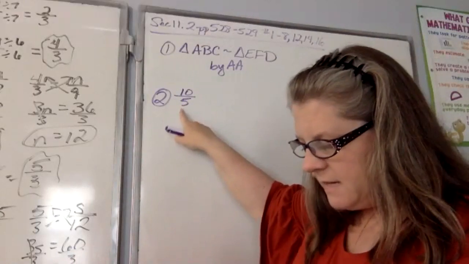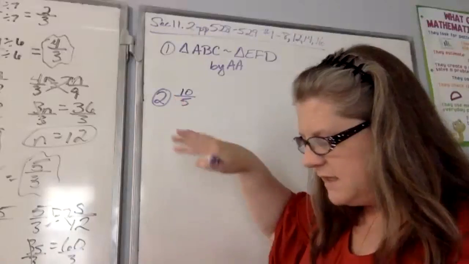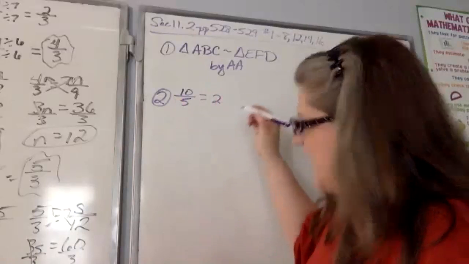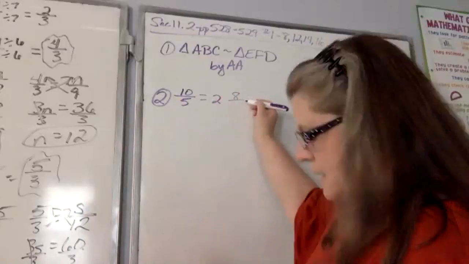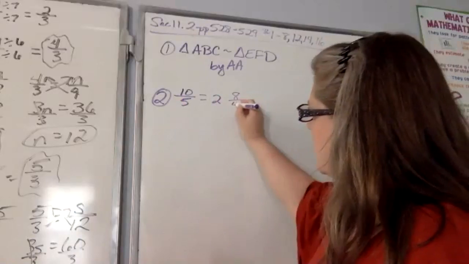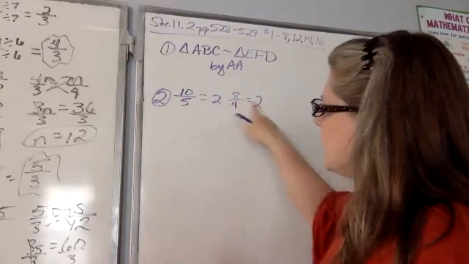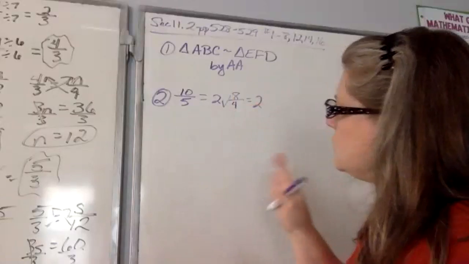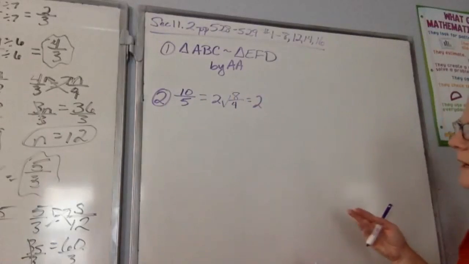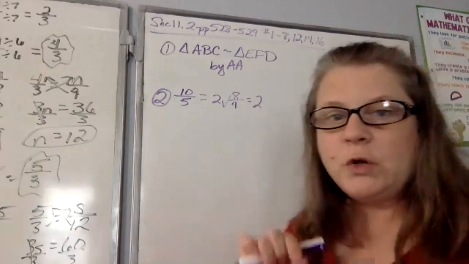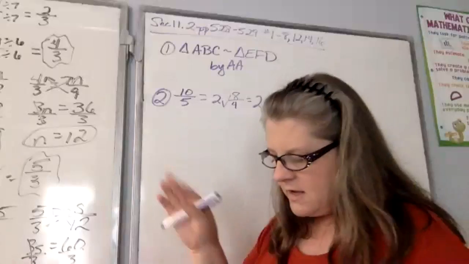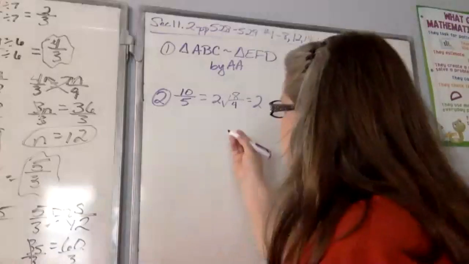5. 10 matches up with the 5. They're in the same position, which reduces to 2. And then the 8 matches up with what? 4. 4, which also reduces to 2. So they have the same ratio, right? So I have the 2 pairs of sides that have the same ratio, and the included angle, the angle connecting those 2 things together. So I can say they're similar